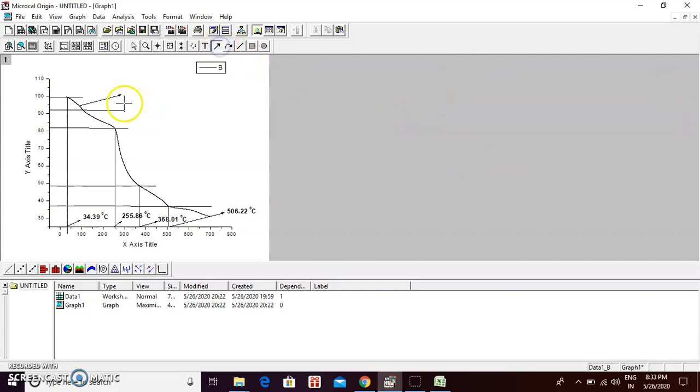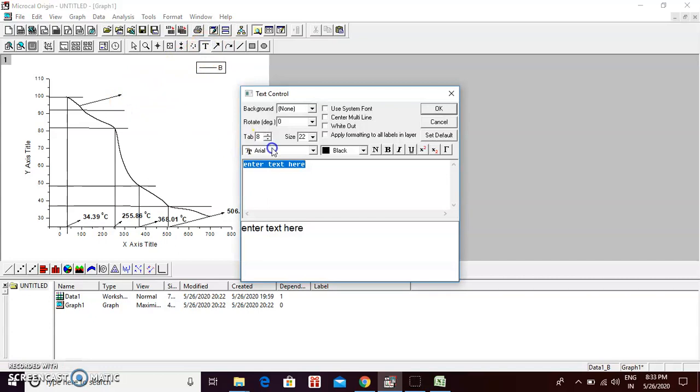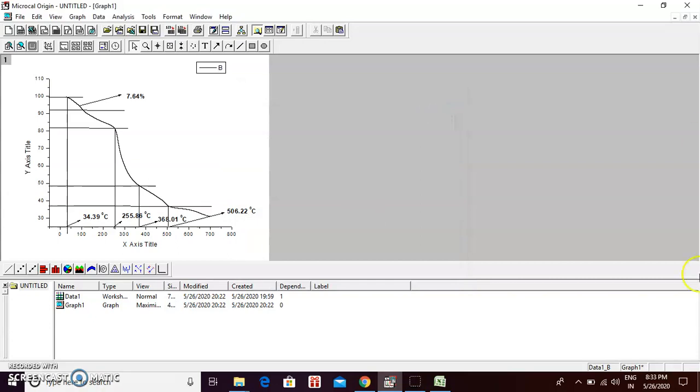So your percentage weight loss in this first stage is 7.64 percent. Just make it bold, and there you go.